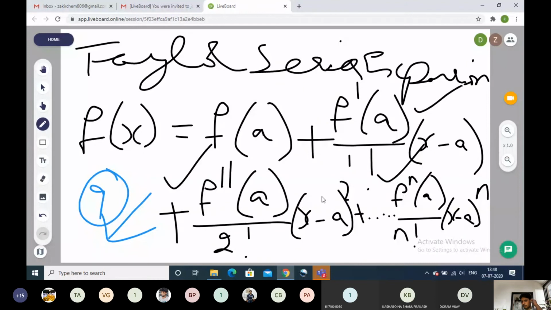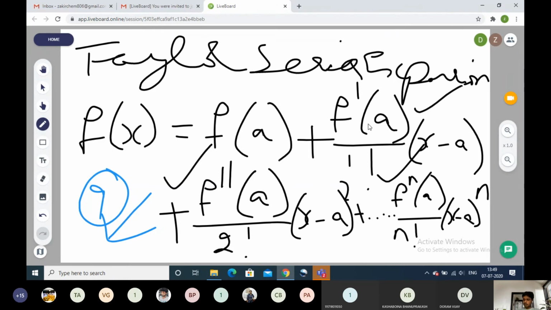If we are using a computer, we can compute this Taylor series expansion up to the nth order derivative. But when we are doing it manually, we can't do more than the first order. So we have to neglect the higher order terms, the second order up to nth order derivatives. We will only consider the first two quantities: f of a plus the first derivative of f of a.